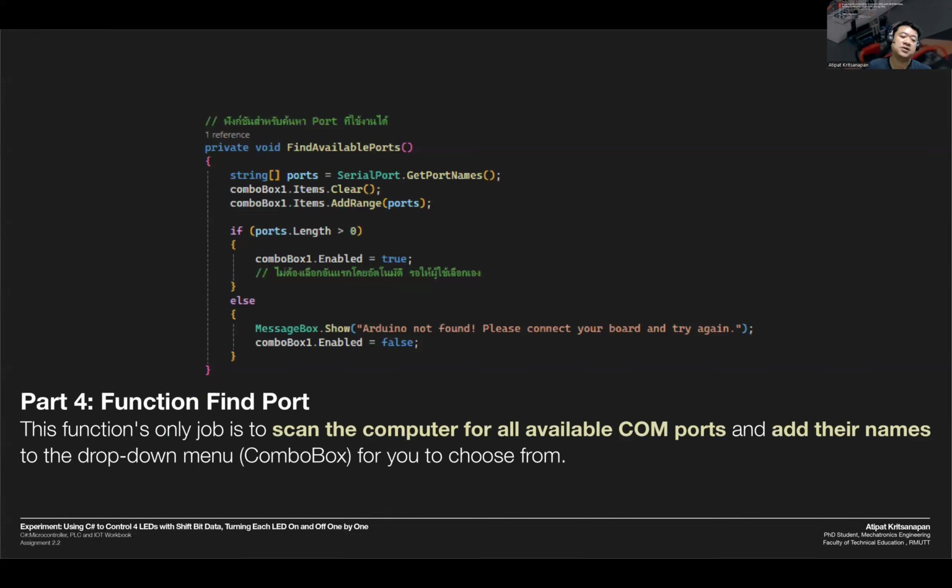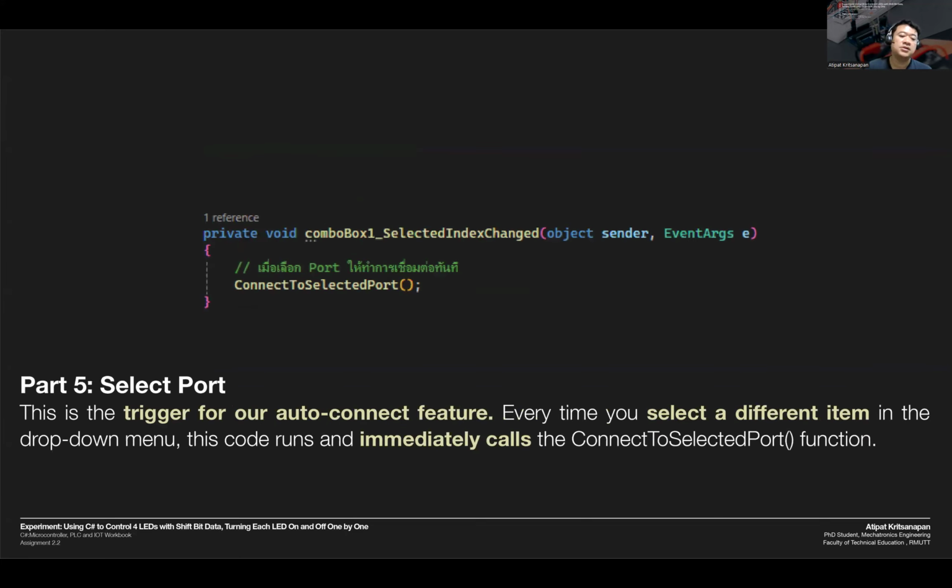Function find ports. This function's only job is to scan the computer for all available COM ports and add their names to the drop-down combo box for you to choose from. Select port. This is the auto-connect feature. Every time you select a different item in the drop-down menu, this code runs and immediately calls the connect to